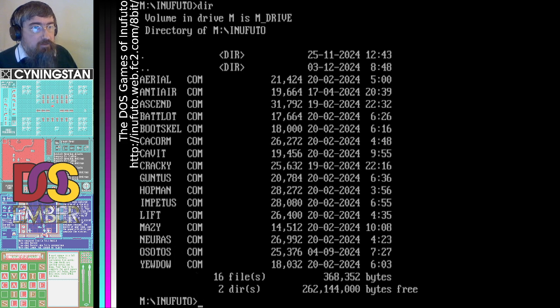Inufuto writes games mainly for 8-bit computers, but also for a few 16-bit computers, and you could count the original IBM PC as a 16-bit. A lot of systems, and I mean a lot, Japanese and Western, are all on there.